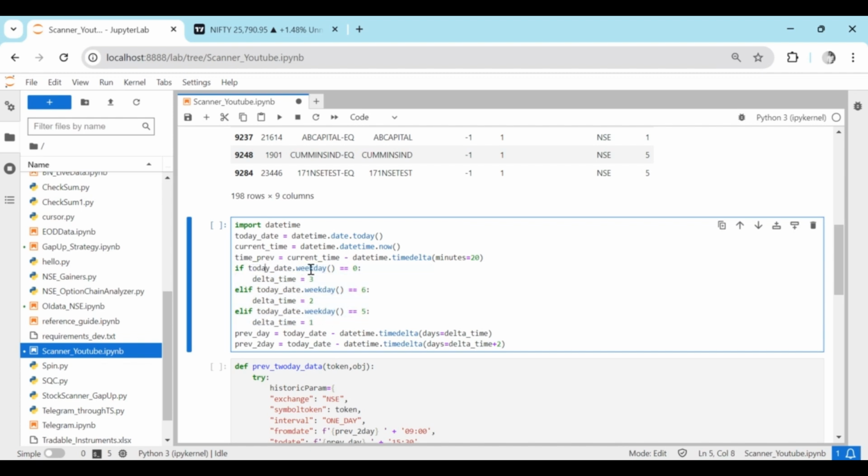Here, as you could see, if today's date dot weekday equals 0, it's checking for Mondays. If it is a Monday then my previous day would be Friday, right? The Friday trading day. So that's why the delta time would be 3. And let's say if it is a Sunday then I'm considering the delta time to be 2. Basically I need 2 days of candles, so one is yesterday and the previous 2 days' candle information